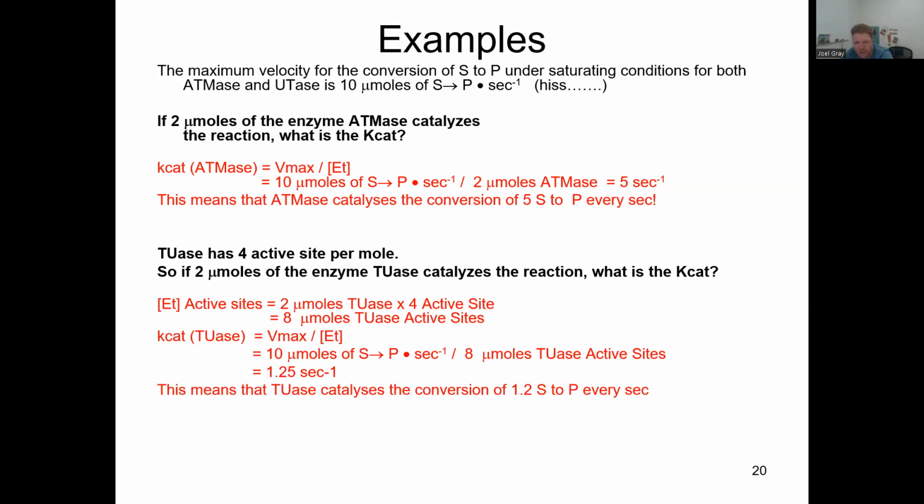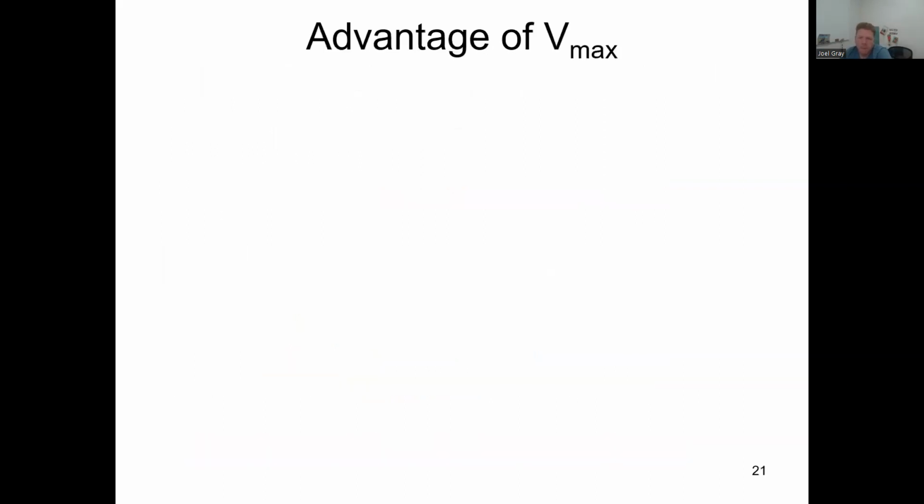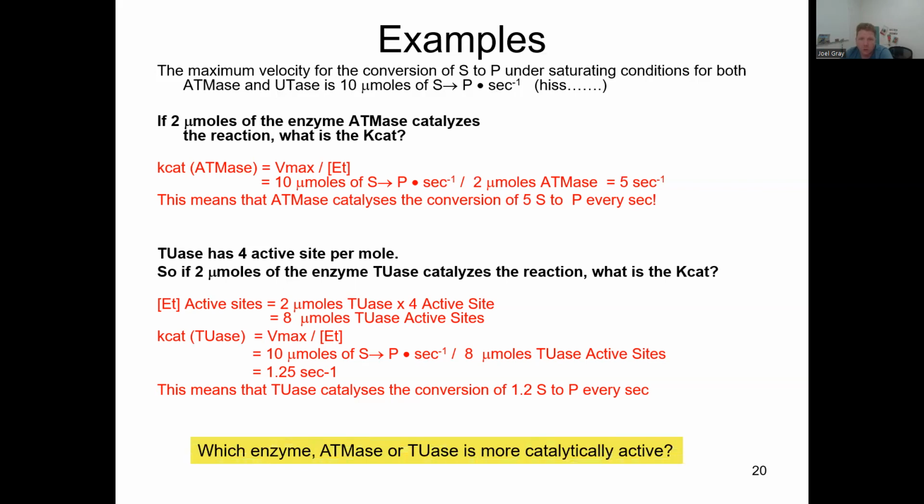This means that this enzyme converts 1.25 substrates to product per second. So the number of active sites basically implicates this enzyme as being slower in some respects, because it has the same maximum velocity, but each one of those active sites is moving that substrate to a product at a slower rate. And so between these two, the enzyme that has the higher Kcat is the one that's more